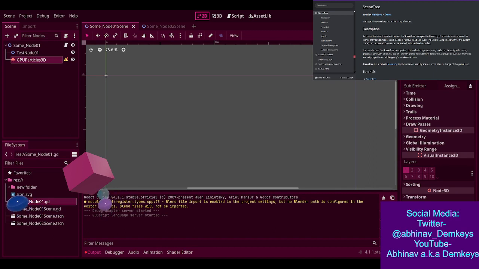Because, okay, I saw the concept of main loop here, and the scene tree. Okay, let's read this. So, scene tree manages the game loop via a hierarchy of nodes. Okay, so since it is managing the game loop, it would not make sense for it to reload, right? Because if it is a game loop and you load a new scene,